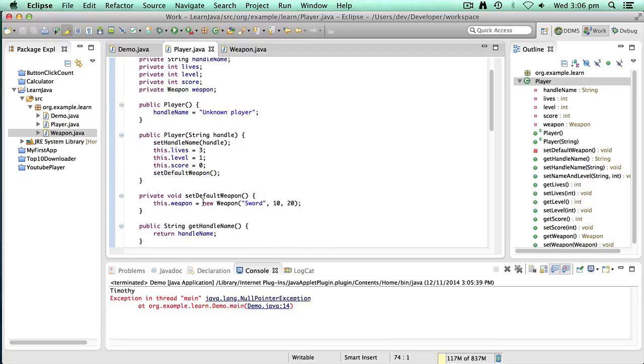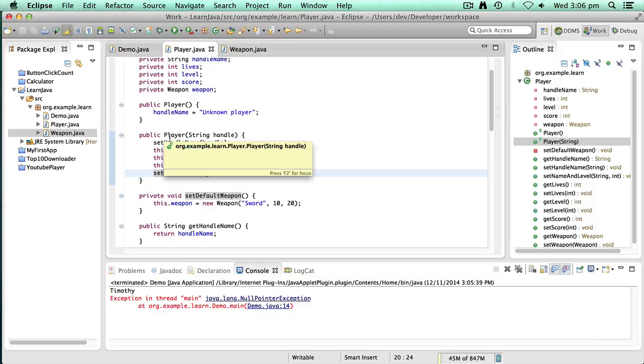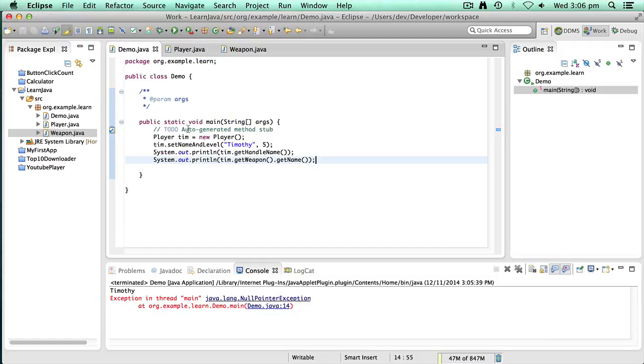So what we really need to do, the smart thing to do here, would be to put this in its own constructor, and make sure that that constructor is always called no matter where that class is set up. So the way to do that is to take it out of here, because this is only called if we call player. What I'll do is I'll just show you that first before we proceed. So if I just comment that out for now,